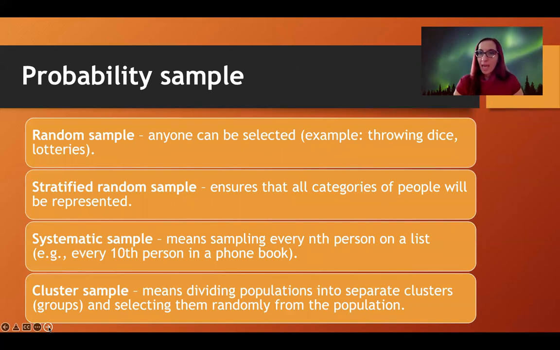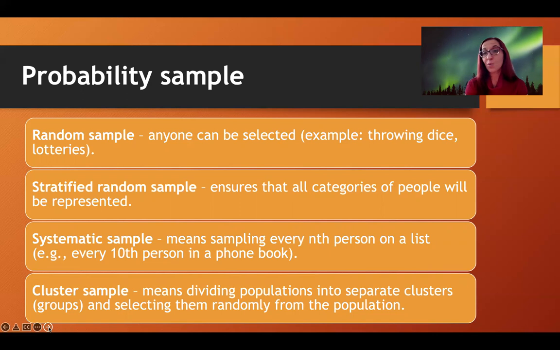Now let's take a look at this more exciting and more difficult sampling method. This is not based on whether somebody just wants to participate, wants to volunteer, but this is basically a type of sample where people are randomly selected. So random sampling method means that you could be selected for a study. I could be selected. This is something that I frequently do with my students.